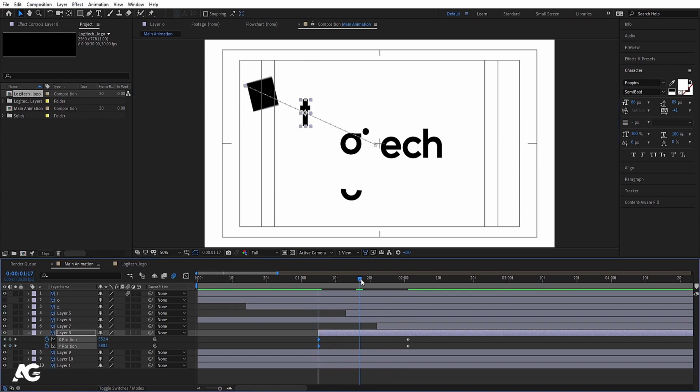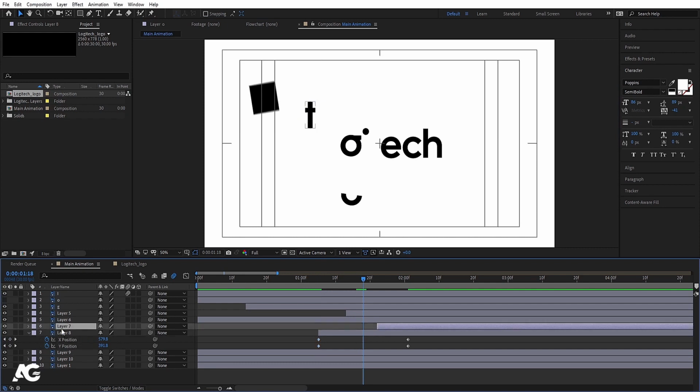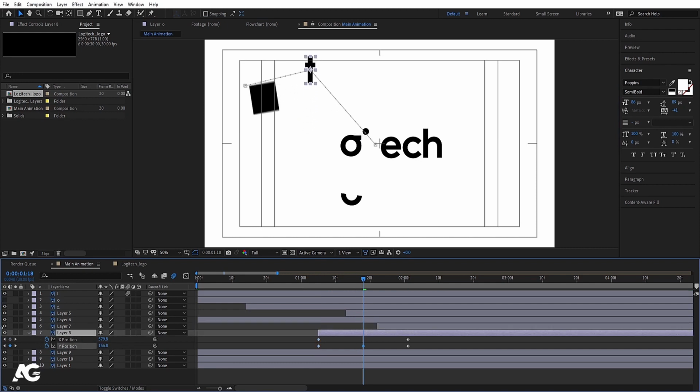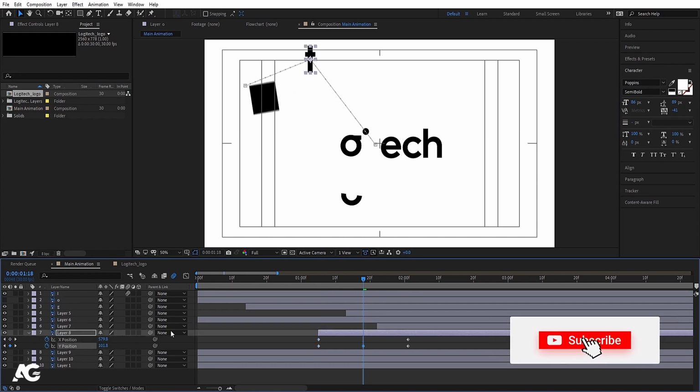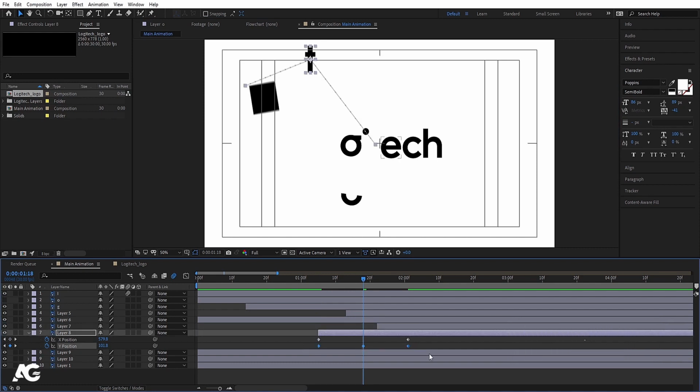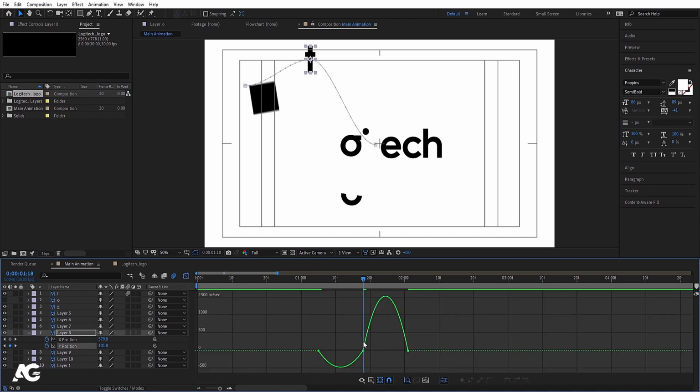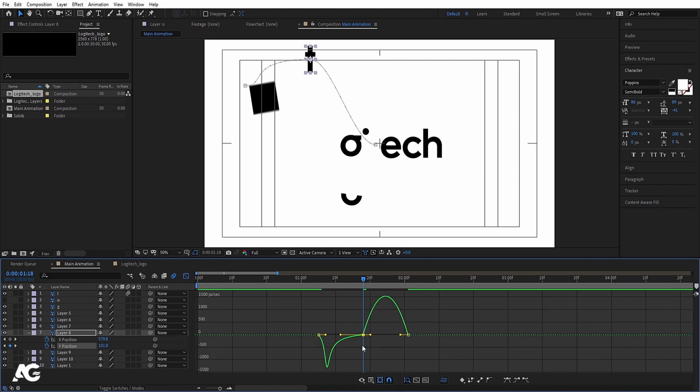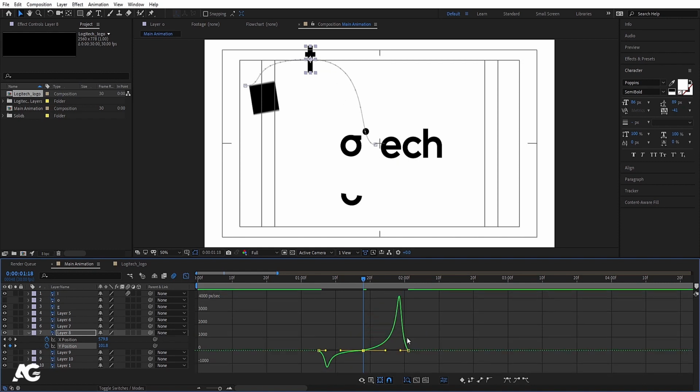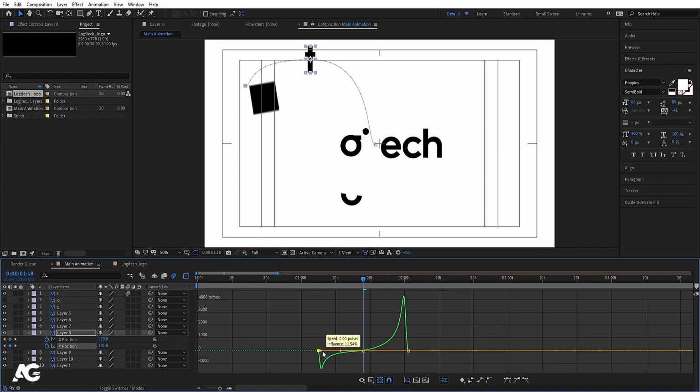and in the middle of that, select this and move the Y position of this one over here, then select those keyframes and hit F9. Go to the graph editor, select this, move this handle over here, this handle over here, this handle over here, select this and this handle over here,